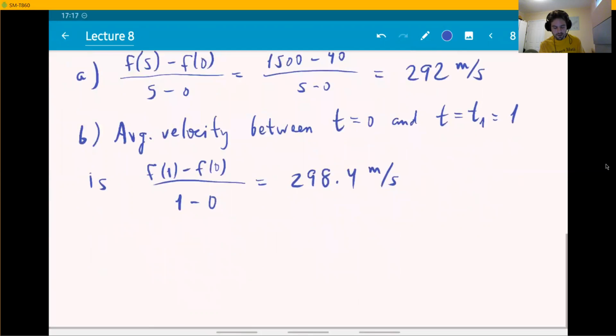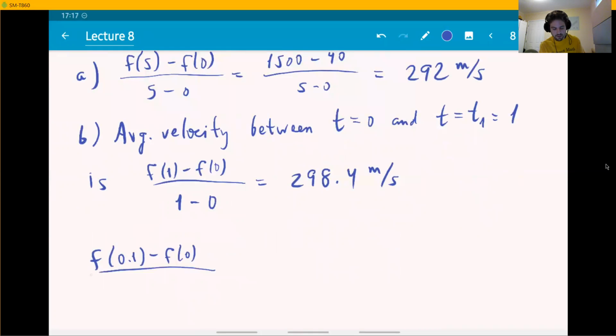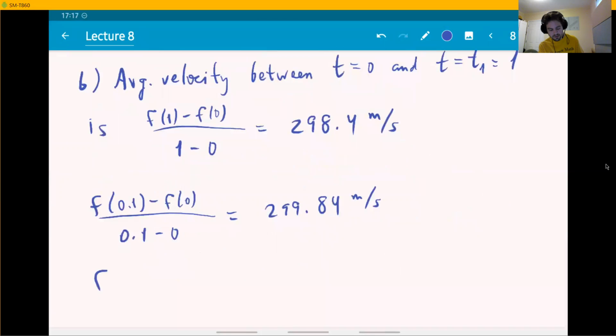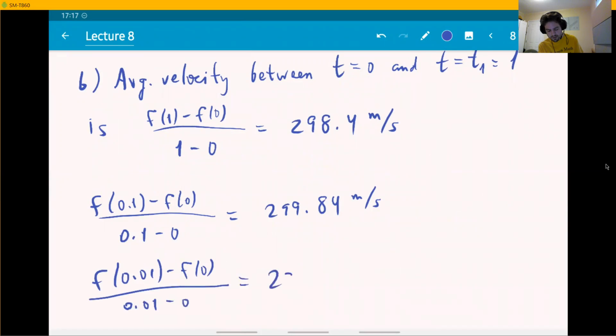And I'm just going to give you the answers for the other ones. Between 0 and 0.1, it will actually be 299.84. And the next one, a little bit larger, 299.9984. Sorry, no extra 9. Anyway,